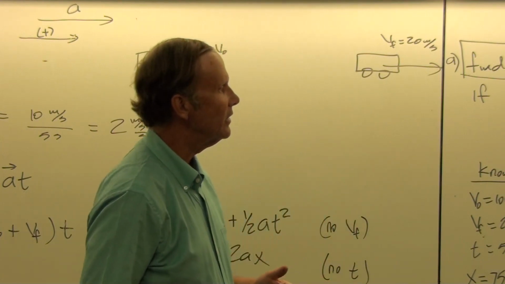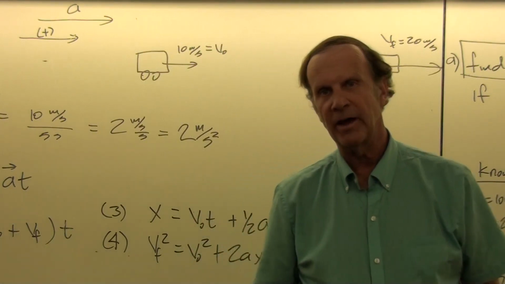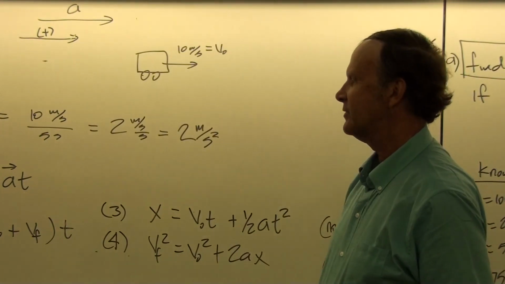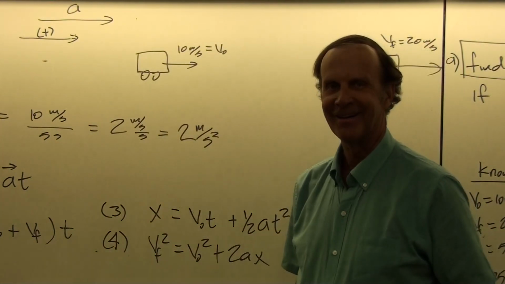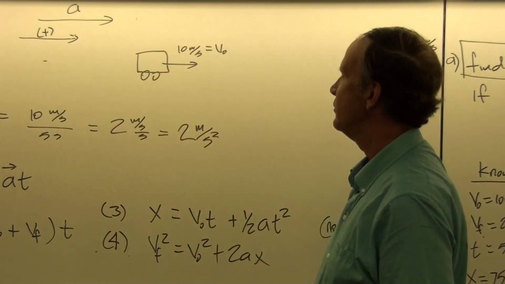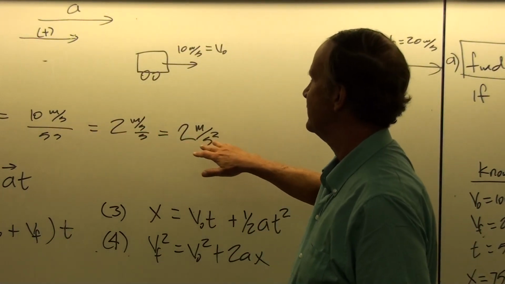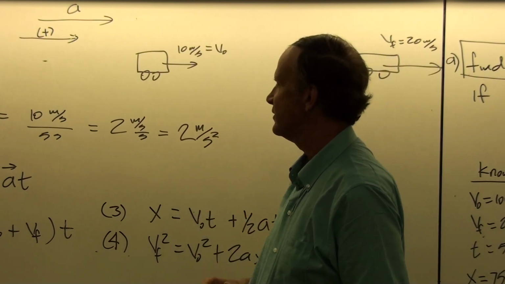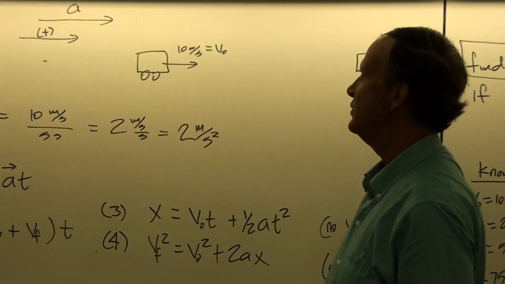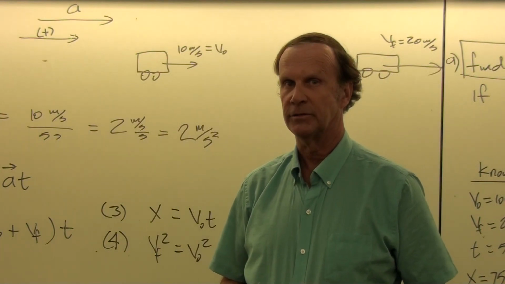And so you don't necessarily just have to go through and hope that you chose the right equation and then kind of cover your eyes so that you don't have to see whether it's wrong or not. You can go through and make sense out of your result. And if you understand what's going on in the problem, you understand what the basic definition is for a constant acceleration, that the velocity increases uniformly, then you can check your answer and make sure that your answer is reasonable.